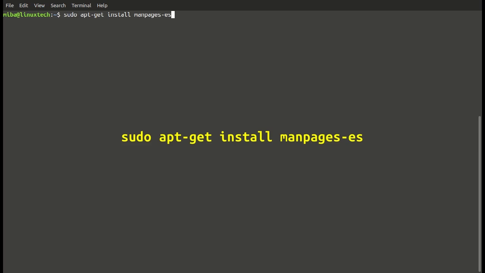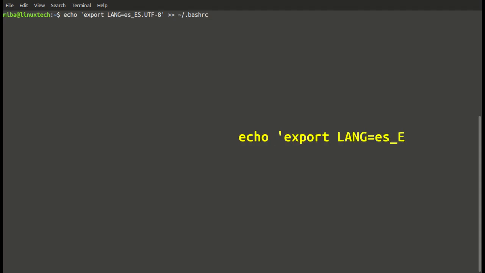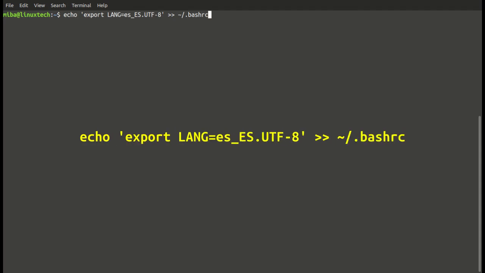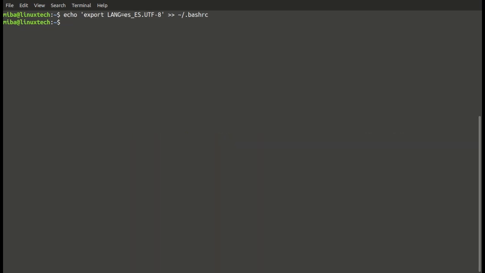Step number 5. Now there are two ways to do this permanently. I prefer to use the command here, echo export LANGUAGE, because that is very easy and you can find it later in your .bashrc and you can check this. We go now to the .bashrc, and I'm scrolling down, and you can see here we have the export of the